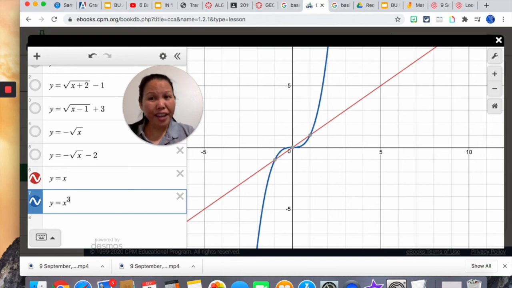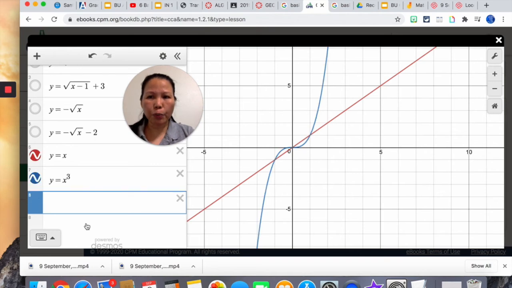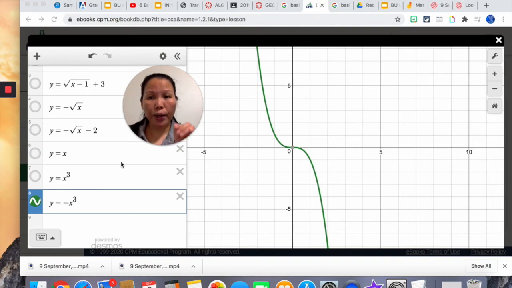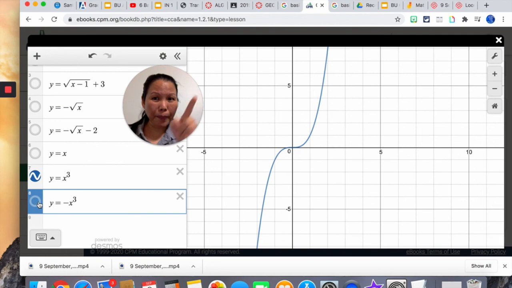And what if we have a negative x cubed, right? So let's go ahead and draw the negative x cubed in. y equal, and I'm going to put x, and that would make a straight line, but we are going to make that cubed so that this is our graph when we have a negative x cubed. It's going this way. And remember the other one, it goes this way, right? It's almost like an S, but not exactly an S. That's the blue line right there. And together we have the parabola open up and down when we have it together like that. So maybe we shouldn't have it together. Positive x cubed